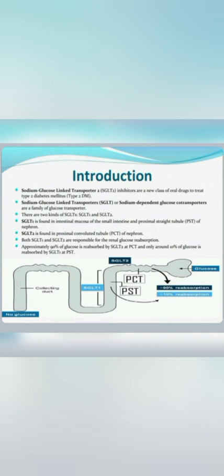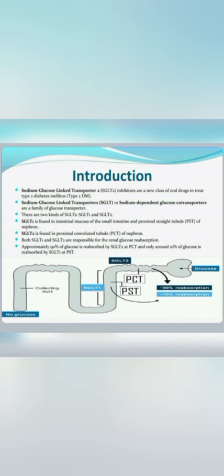When glucose goes through the nephron, it is absorbed mostly in the PCT and PST. Approximately 90% of glucose is reabsorbed by SGLT2 in the PCT, and only about 10% is reabsorbed by SGLT1